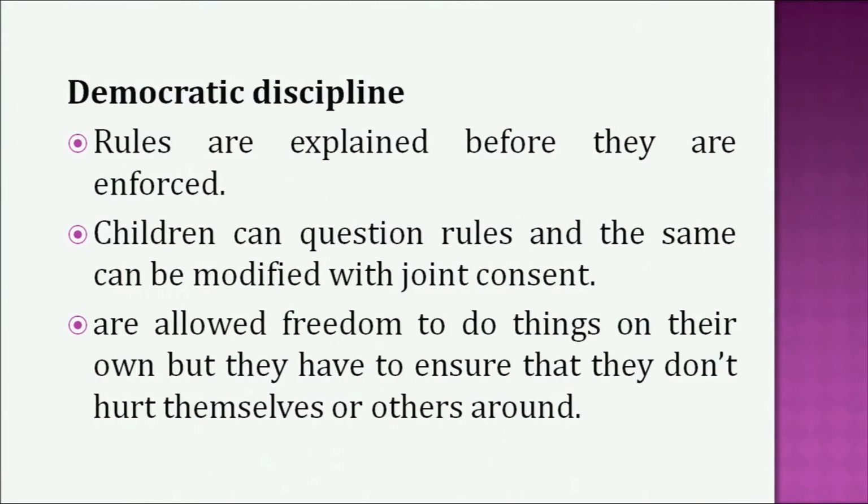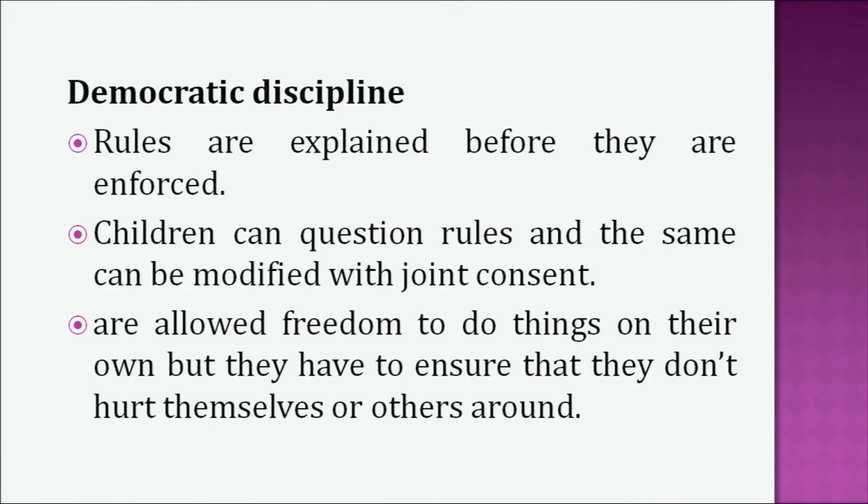In the democratic discipline, rules are explained before they are enforced. That is, the caregiver is enforcing certain rules, giving boundaries and limitations to the children, but the rules are also explained. That is, the children are given an explanation of why they are not allowed to do certain things and why they are allowed to do certain other things. Children always have the freedom to question the rules, and the same rules can be modified with